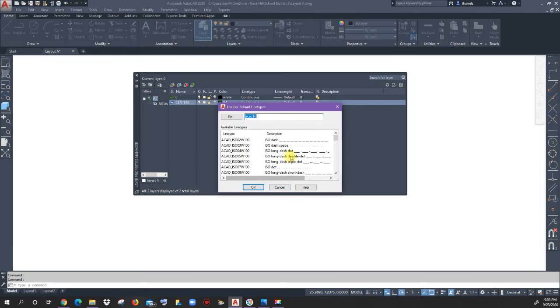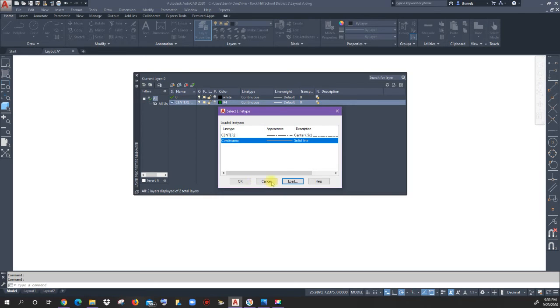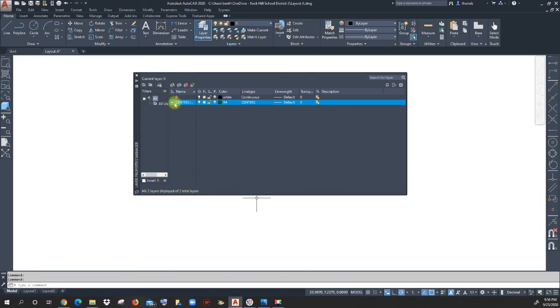When you click load, they're in alphabetical order, and there's 3 center lines. We want center 2, not plane center and not center X2. I want the center 2 line type. Tell that OK. And now this is the line type that the layer is, so you have to change it to your new line type. So tell that OK. And now you have a center line layer that is color 94 with a center 2